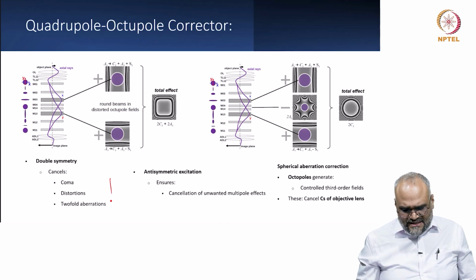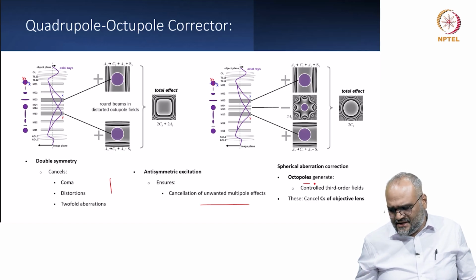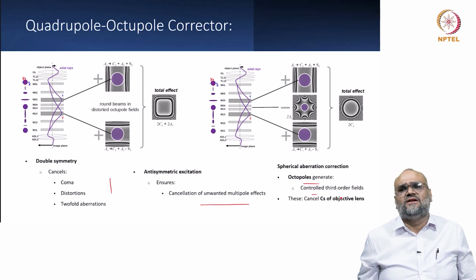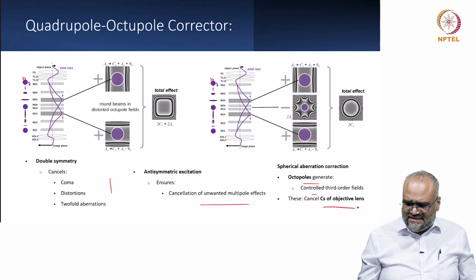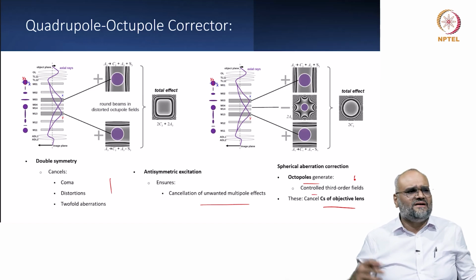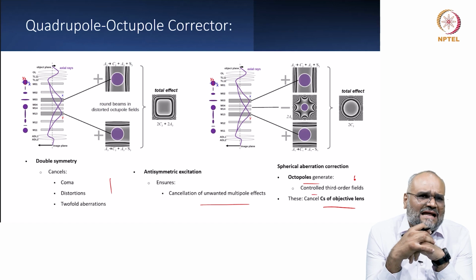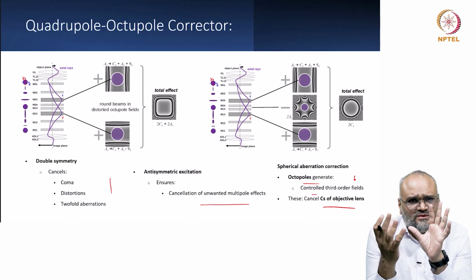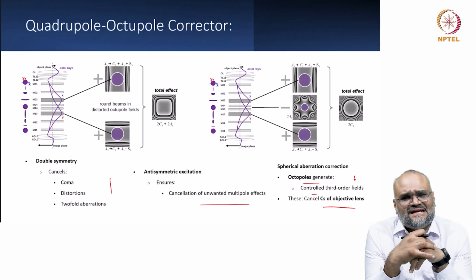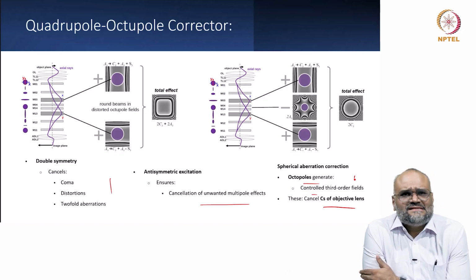When you do an anti-symmetric excitation, you are cancelling unwanted multipole effects, and ultimately with the octupoles, you are controlling the third order fields and you are introducing a negative CS again. The advantage of this quadrupole octupole kind of construction is you can also have crossed electric plus magnetic quadrupoles, and the electric component here acts as a first order Wien filter, and this also acts as something called a chromatic aberration